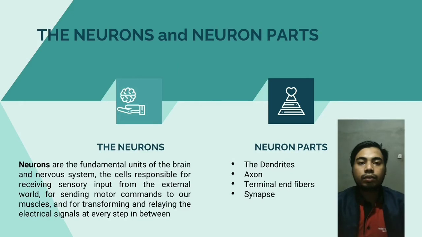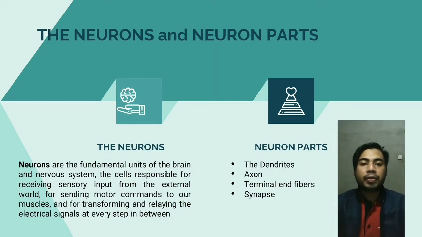Okay, so next I will proceed with the neurons. Neurons are the basic cells of the nervous system that allow different parts of the body to communicate with each other. The body has billions of neurons carrying nerve impulses throughout the body. In the brain, this process creates patterns of neuron electrical activity known as brainwaves. Different types of brainwaves are produced during periods of intense activity, rest, and sleep.